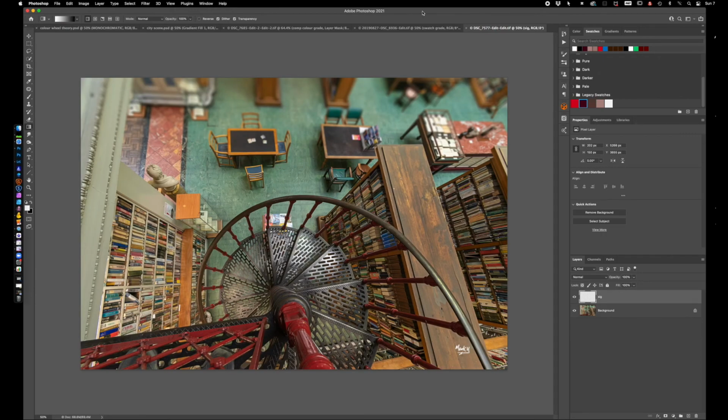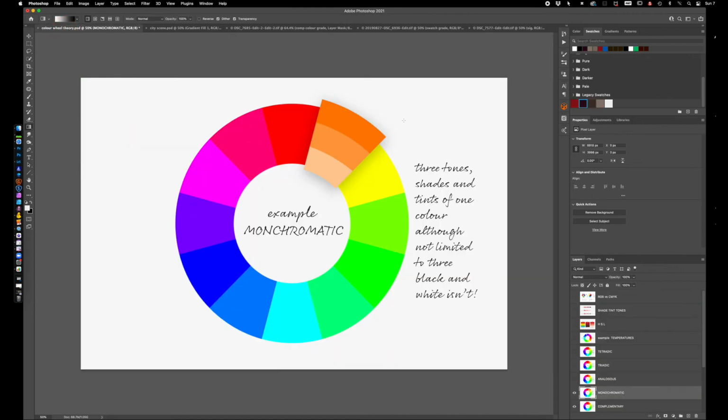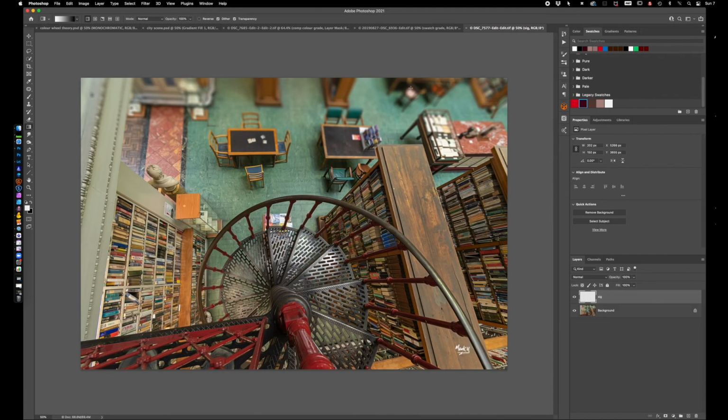I think what I would like to do with this one is to go and have a look at doing something with monochromatic. So if you remember from our colour wheel, monochromatic is 3 tones and shades of a tint of a colour. I'm not going to turn this whole picture into that, but I want to colour grade the picture in the shadows, in the midtones and in the highlights based on a colour I want to extract from this picture. So I think we'll start off by jumping back into color.adobe.com